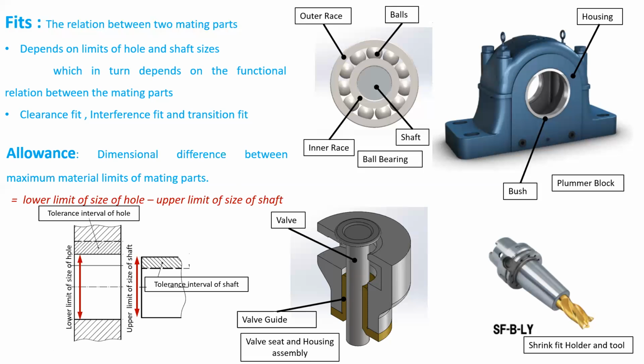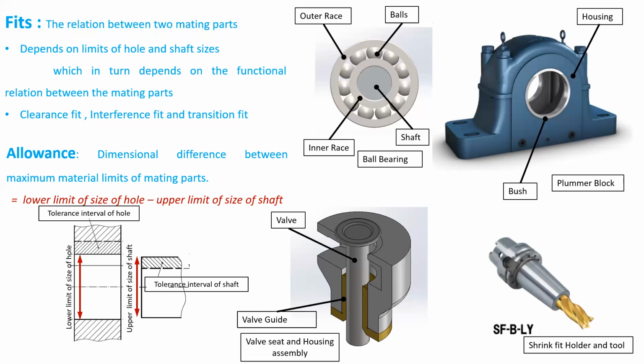So here we can see the shaft and holes, and the lower limit of size of hole as well as the upper limit of size of shaft is shown in the red color. And the tolerance zones of both the shaft and holes are also shown. So we can see from here that if the lower limit of size of the hole is greater than the